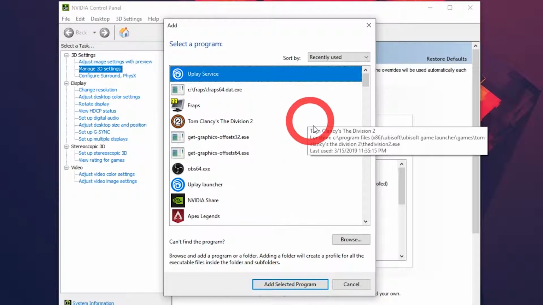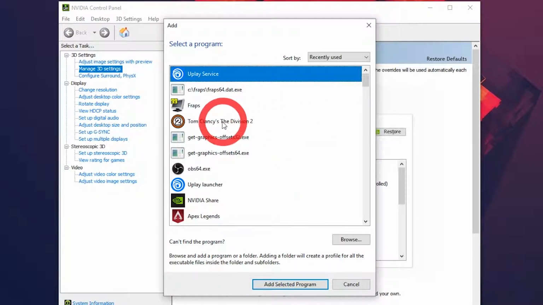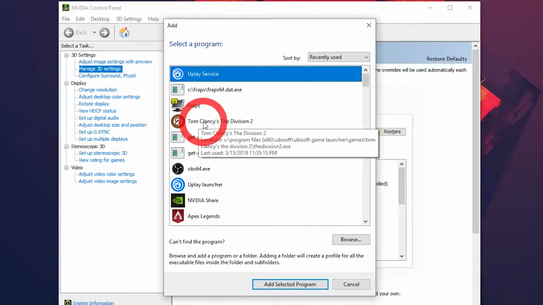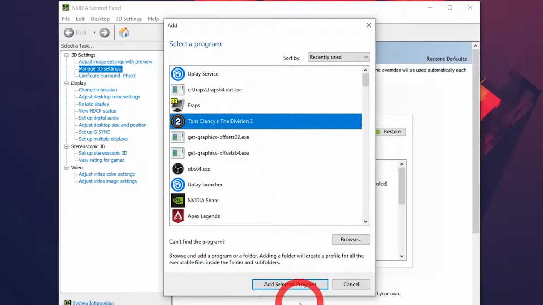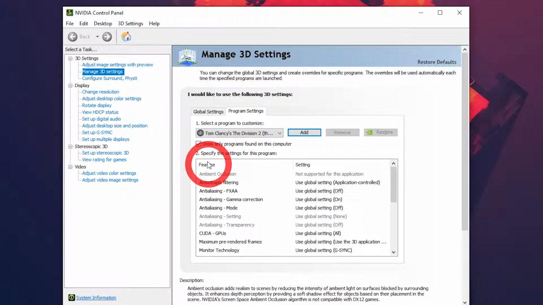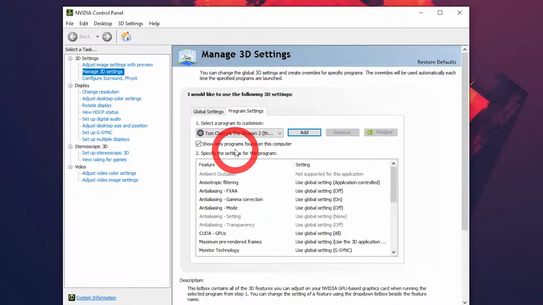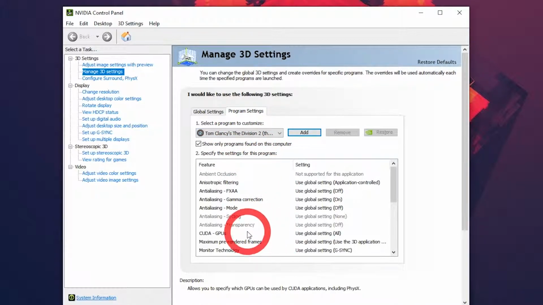And then once you've clicked the add button, it should show up in here. If not, then you have to hit the browse button and look for your file. But since mine is right here, let's go ahead and click on that and click add selected program. Alright, so now that Tom Clancy's The Division 2 is added to the programs that we want to customize,